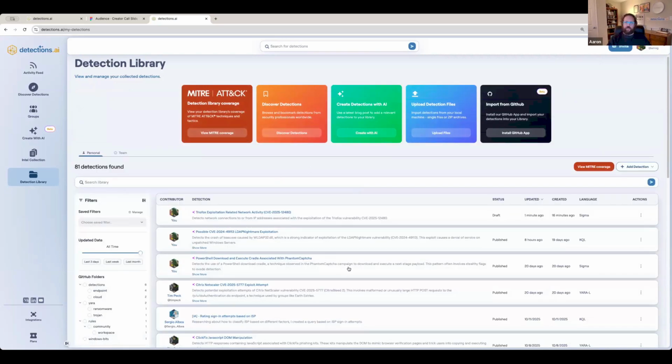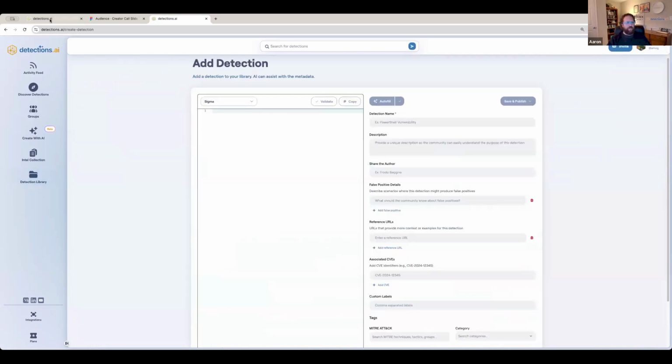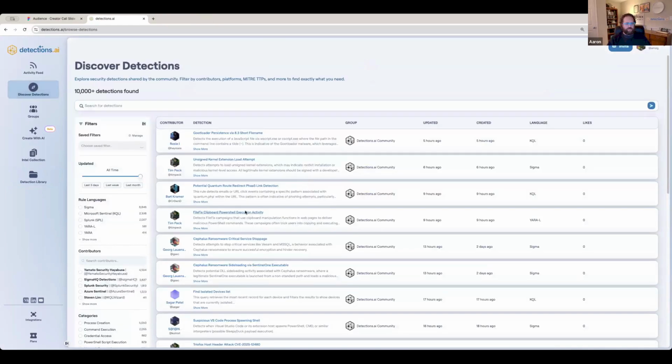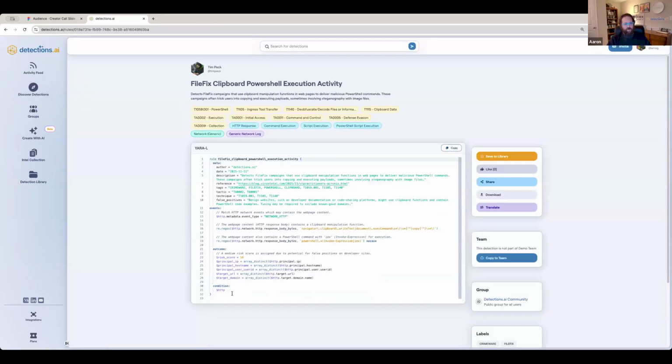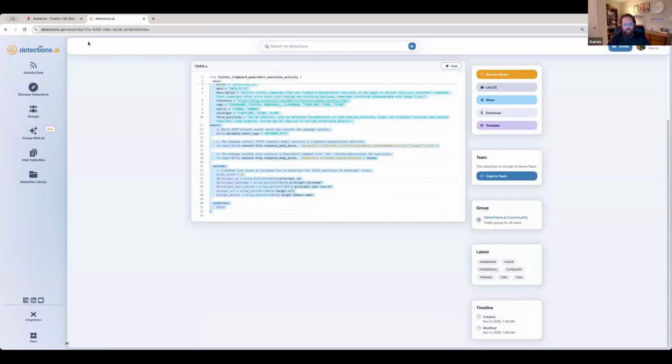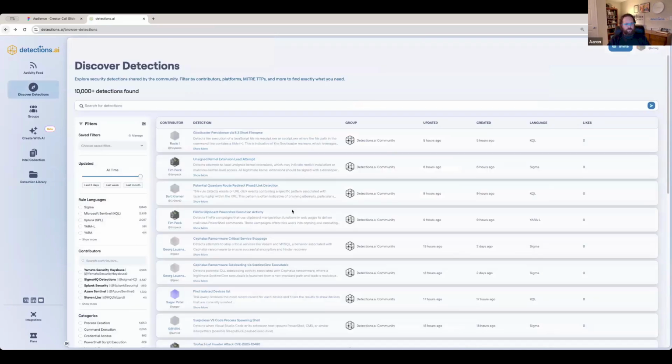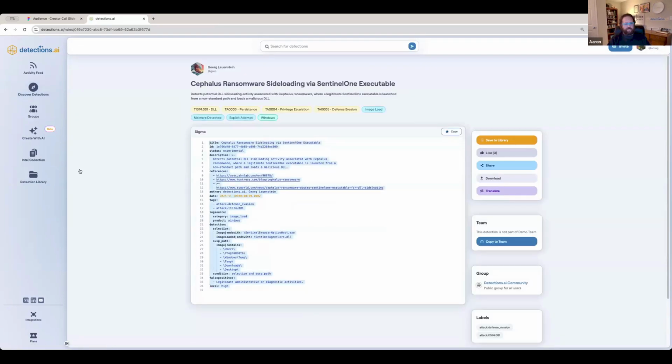As far as your library is concerned, a couple of other things you can do, along with GitHub and AI, is we do have the ability to add one detection at a time. So I'm going to show you this. I'm going to steal somebody else's detection. I'll steal Tim's. So if I grab a detection, what is this? Let me just, okay, I maybe don't want this one. Let me find a different one. Let's do a Sigma one. So just a Sigma detection.